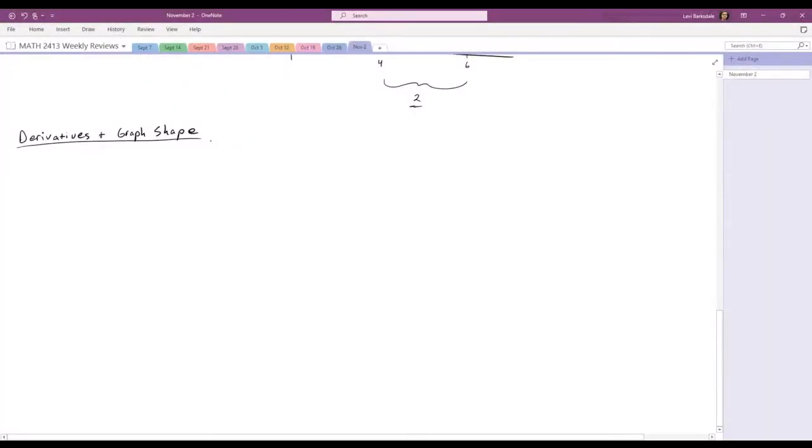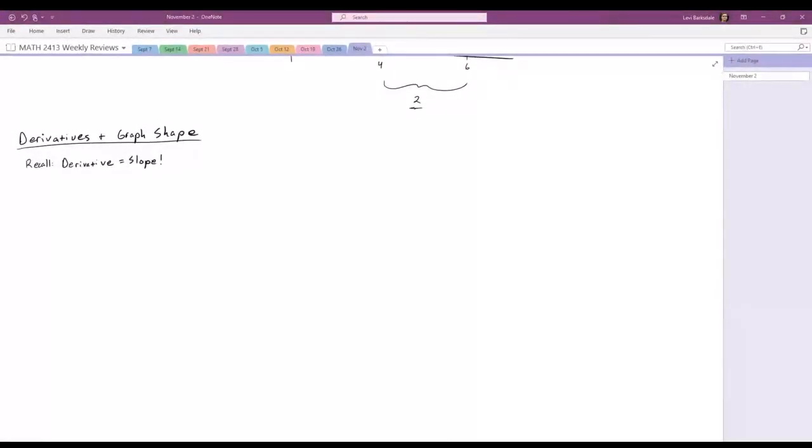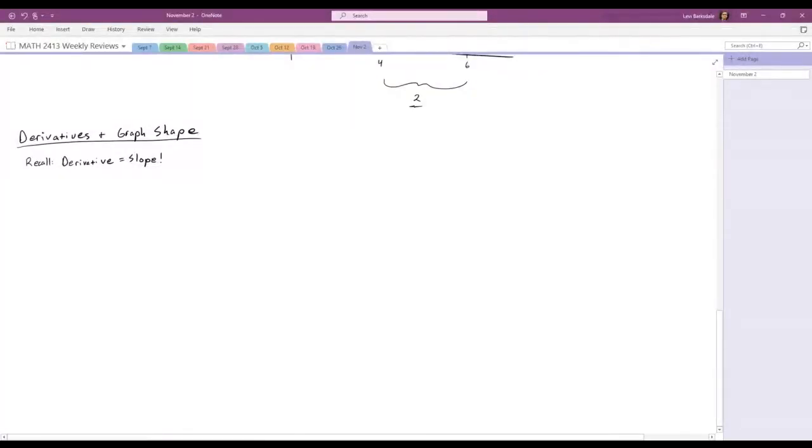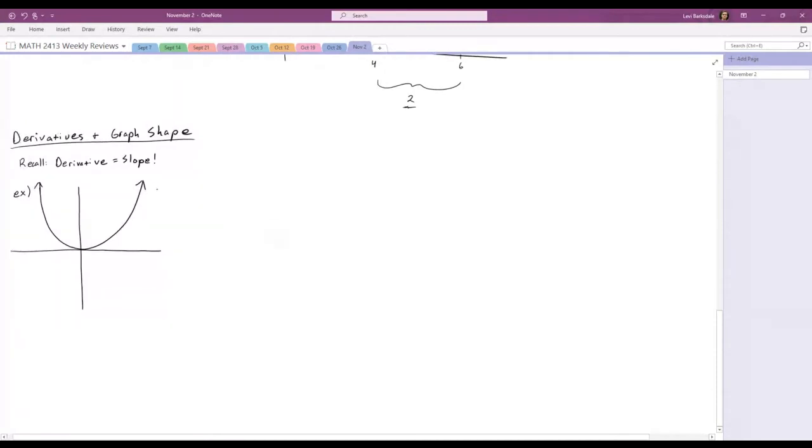So if you'll recall, the whole idea of a derivative is that it represents slope. Now this is a really, really good concept to understand because it makes a lot of things much easier. So for example, if we took a graph of x squared, just a quadratic, and we wanted to graph the derivative,